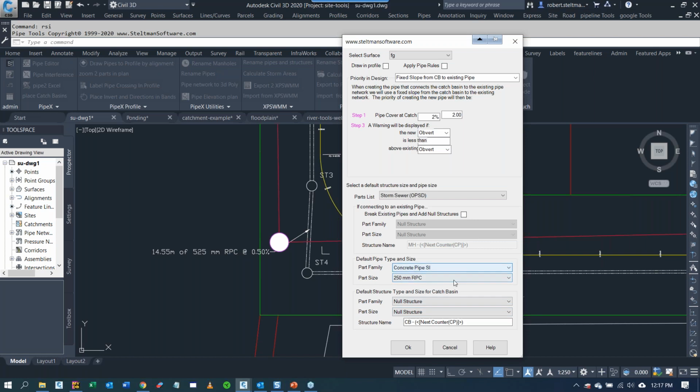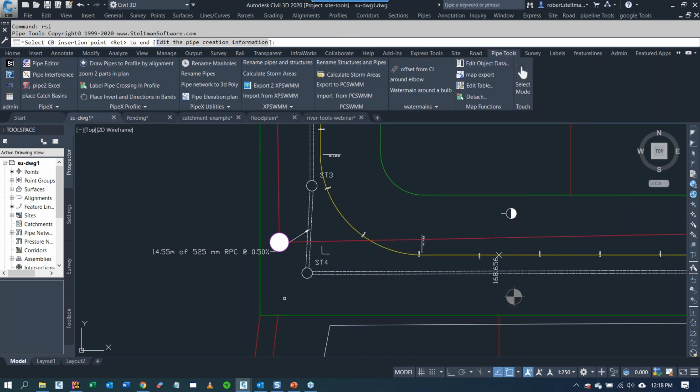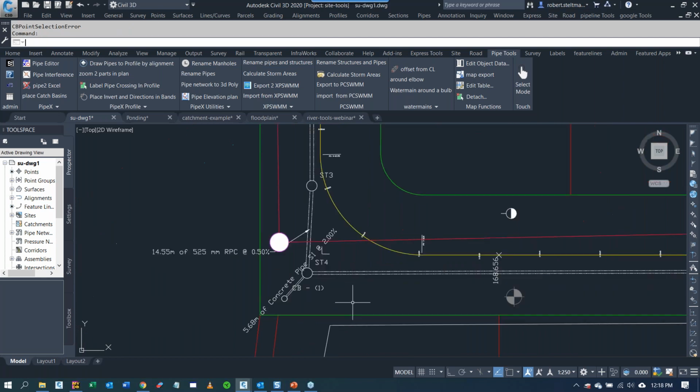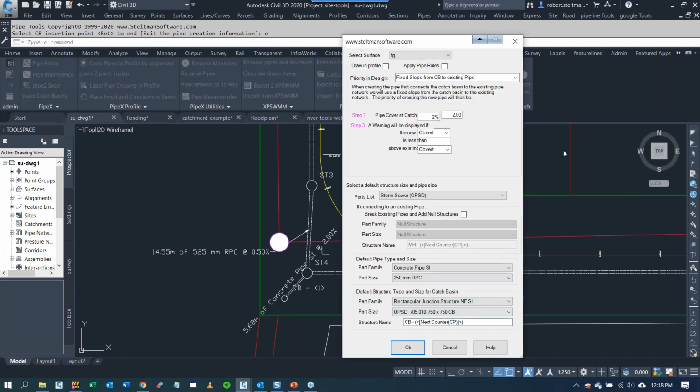We can change that. We're going to tell it to do a 250 millimeter pipe, and we're going to say this is rectangular and it's a 750 by catch CB, and we go OK. So we can go from here to there, and it's put it in at 2%. Or we can change the rules, and we can go, that's not what I wanted at all, edit, and maybe we want to have it go a variable slope,